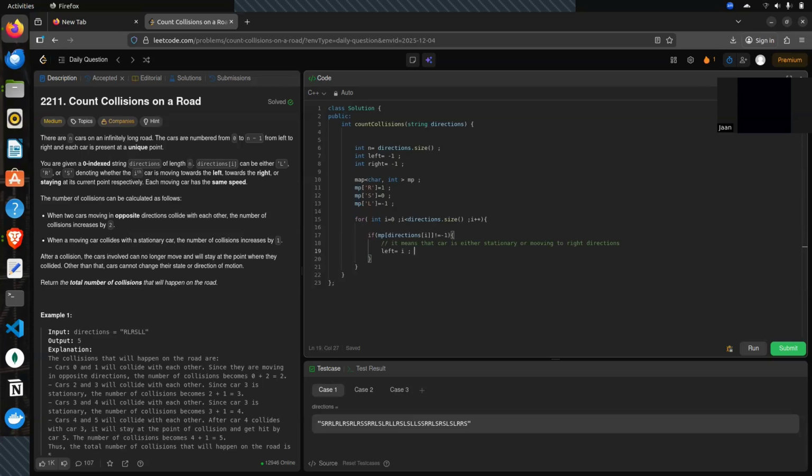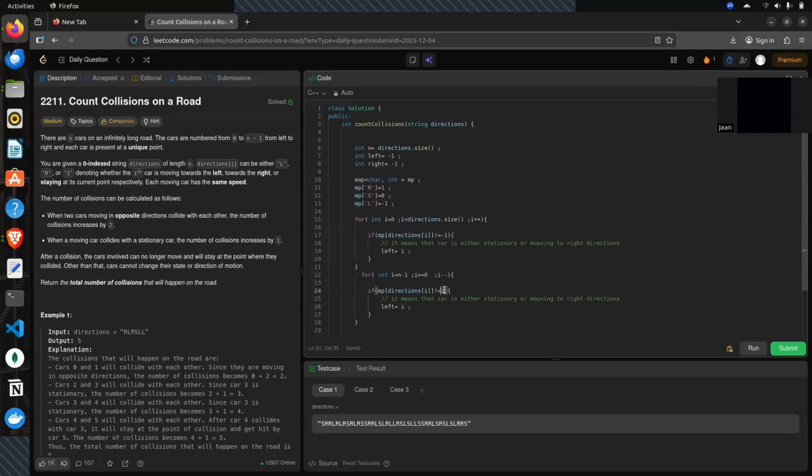Left equal to i. Then for int i equal to n-1, i greater than or equal to 0, i minus minus,